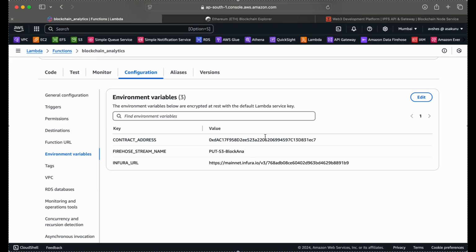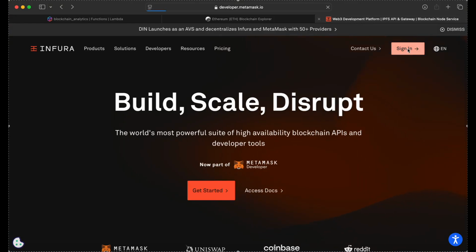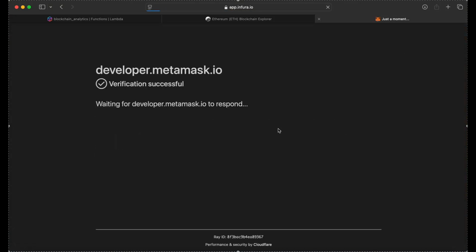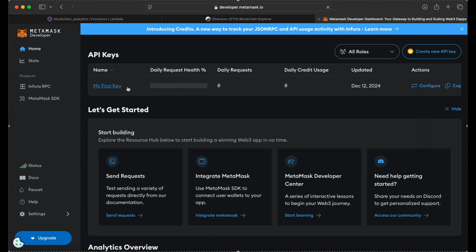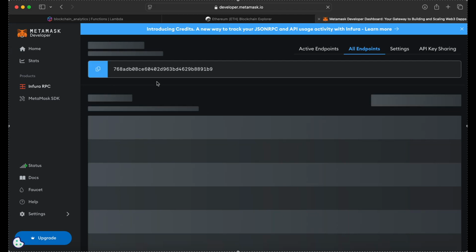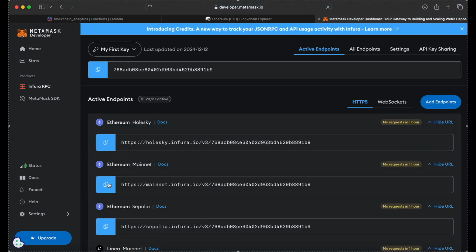And so in order to capture the blockchain data using AWS, I needed to connect to the Blockchain Explorer using an API that I created, and used Ethereum mainnet